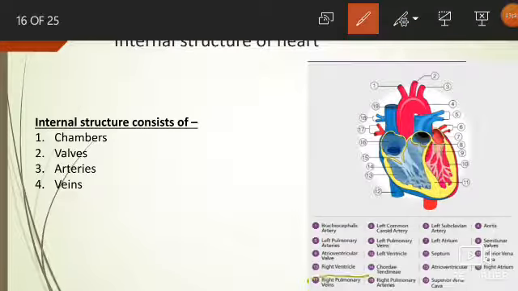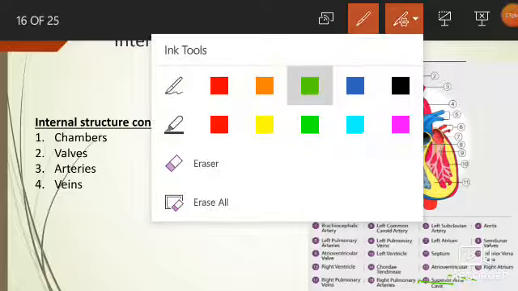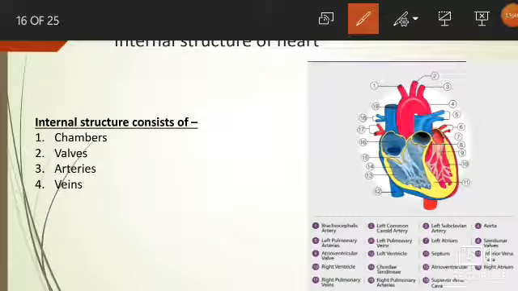Now the right ventricle pumps the deoxygenated blood to the lungs region with the help of pulmonary artery. Then chordae tendineae we have already discussed. Then atrioventricular septa. These are the septa present between, as the name suggests, atrium and ventricle. That means the septa present in between atrium and ventricle is named atrioventricular septa. So these are present on both regions.